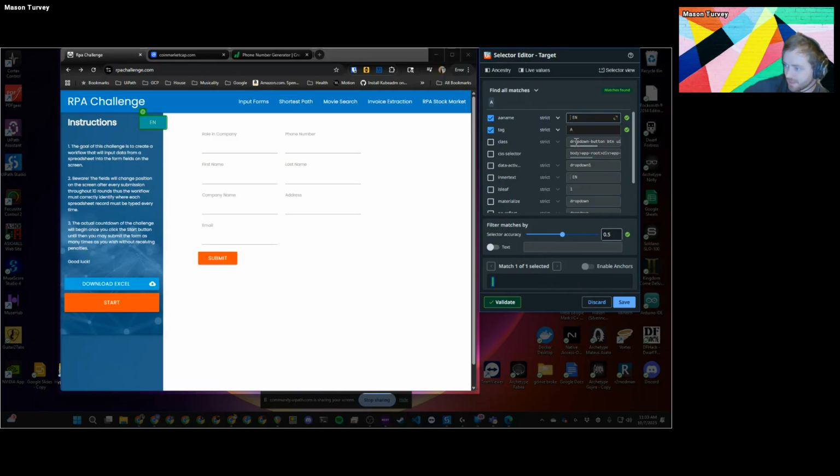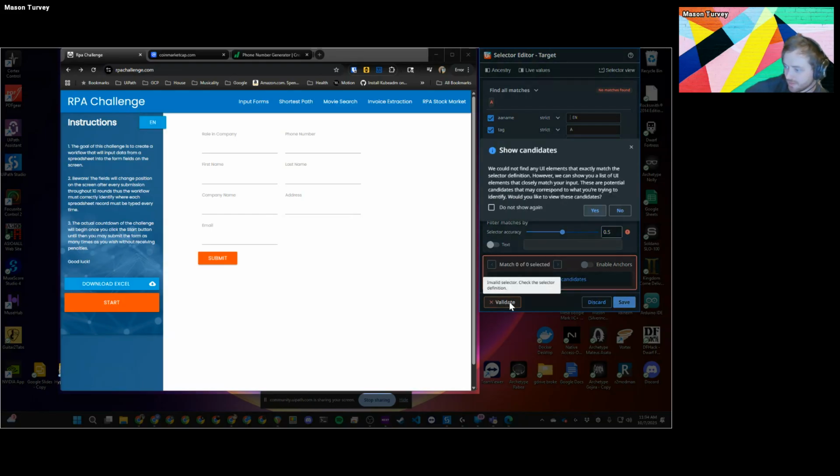Let's look at some of the classes in here. These classes are coming from HTML, so these are HTML classes. They're a little bit generic, right? We have drop-down dash button, which if there's another drop-down on the screen, it's going to find that one. But maybe we want to go through all of the drop-downs on the screen for whatever reason. We can use that. We can pull this class in, and we can delete parts out of the selector, right? So I could get rid of this button here. I could get rid of this color class, right? I can wildcard, right? I can do different things with that selector, validate it,